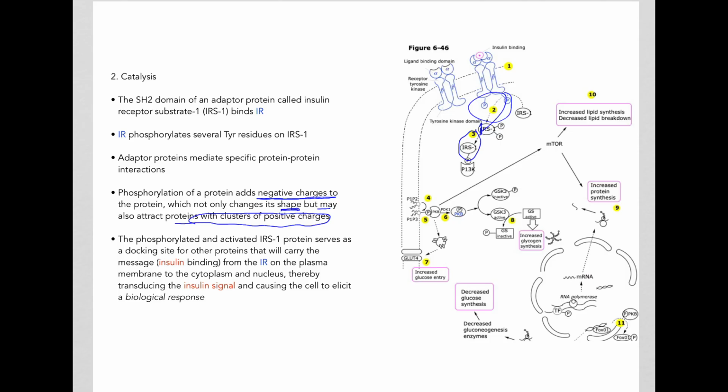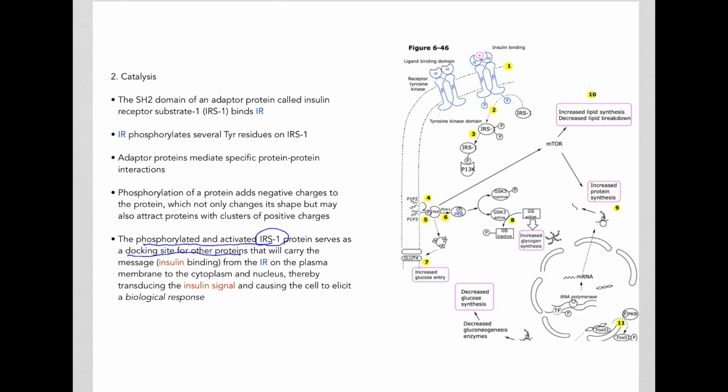So negatively charged proteins due to the phosphates will attract proteins with a net positive charge. That means proteins that have a pI greater than 7 are the ones that will have a net positive charge. So in this way, the phosphorylated and activated IRS1 will now serve as a docking site that will recruit or